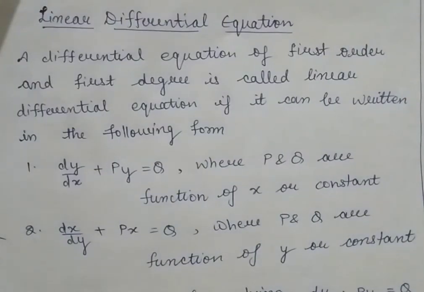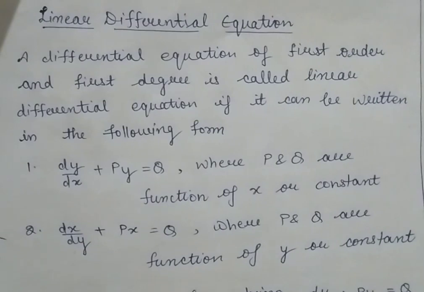Till now we have done three methods for solving differential equations of first order and first degree, which were variable separable method, homogeneous method, and method for solving exact differential equations, which was known as method of grouping. In variable separable method, we separate variables: dependent variables on one side of the equation and independent variables on the other side, and then integrate and solve the differential equation.